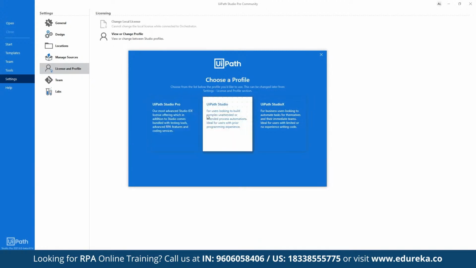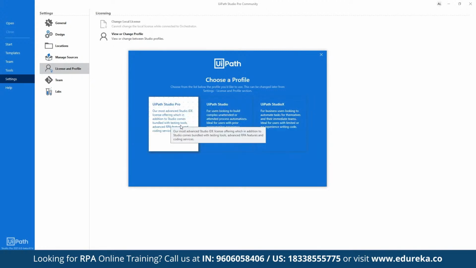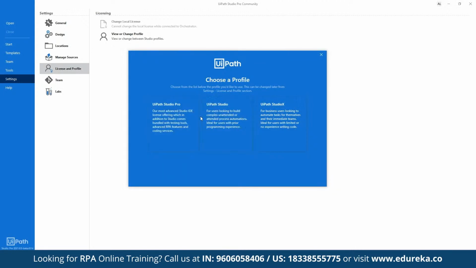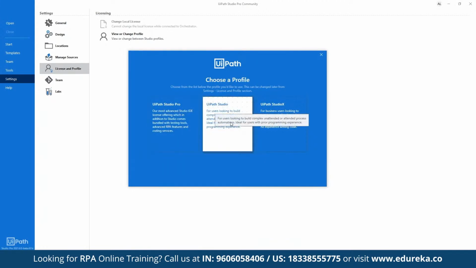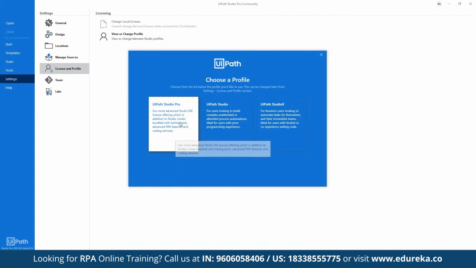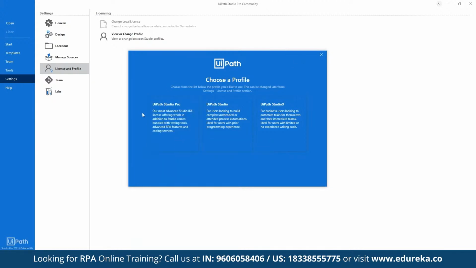What is the difference between these two? Just the user interface will have some advanced options. In UiPath Studio Pro, you will have some advanced options compared to UiPath Studio. I would like you to select UiPath Studio Pro because you will have all the options covered there. Here you will miss a few options, but there you will have all of them. Once you select that,